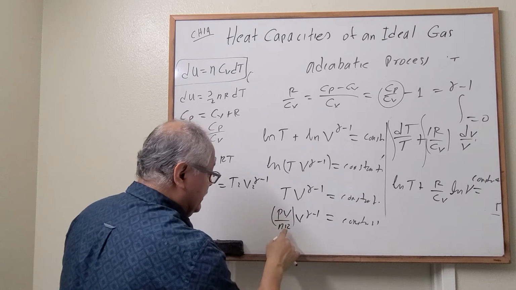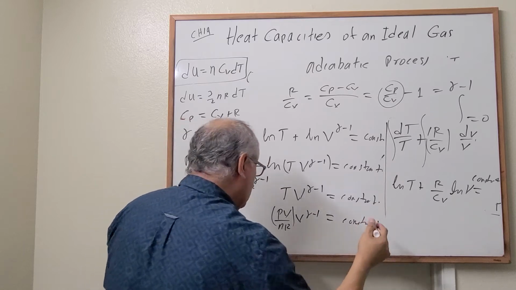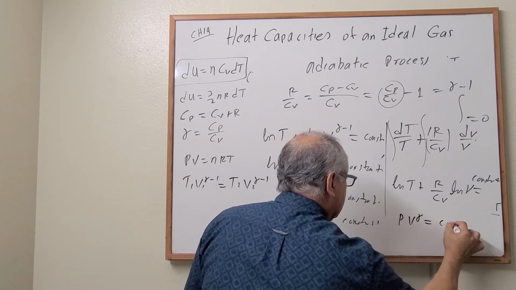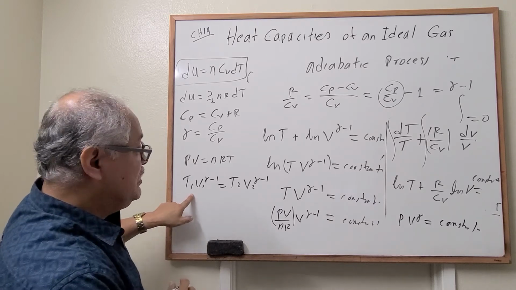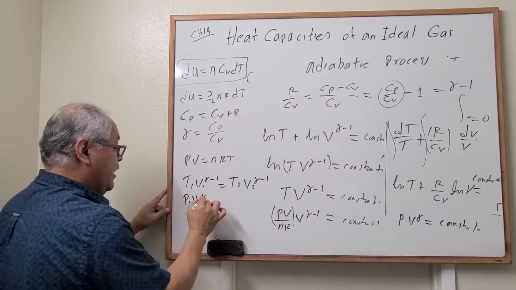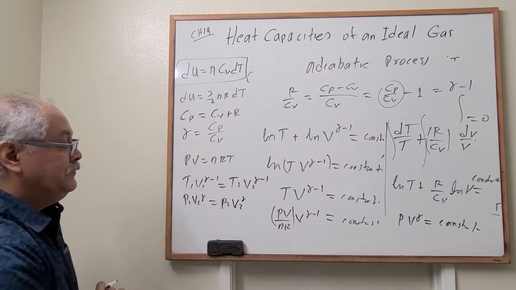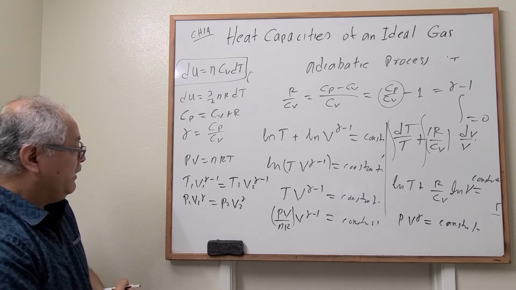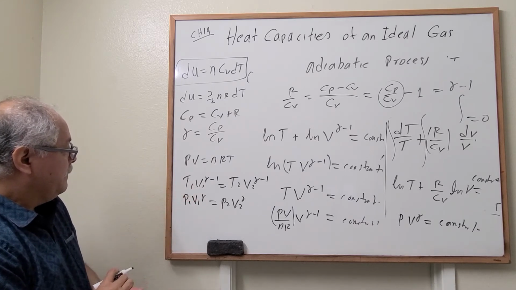Perfect. Now let's do it. From here, let's multiply by nR on both sides, so this becomes still another constant. So what do we have? P V to the gamma is equal to a constant. And we can represent this as P1 V1 to the gamma is equal to P2 V2 to the gamma. And this is again the relationship between pressure and volume,